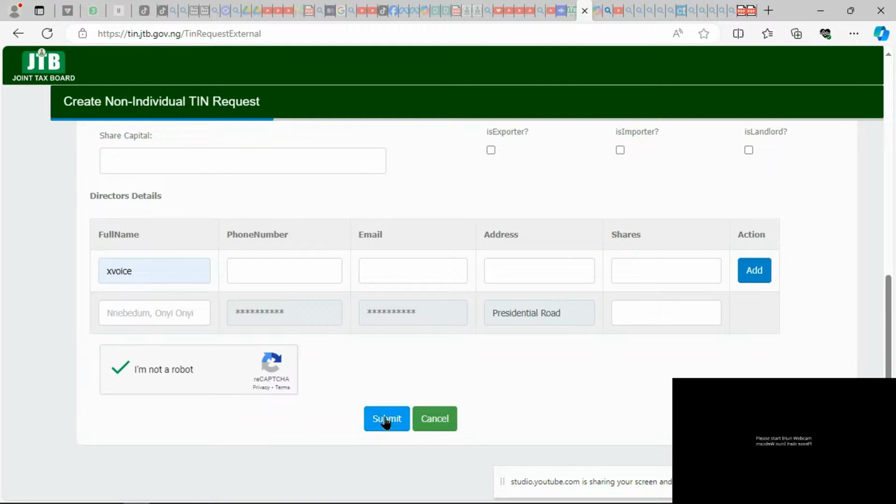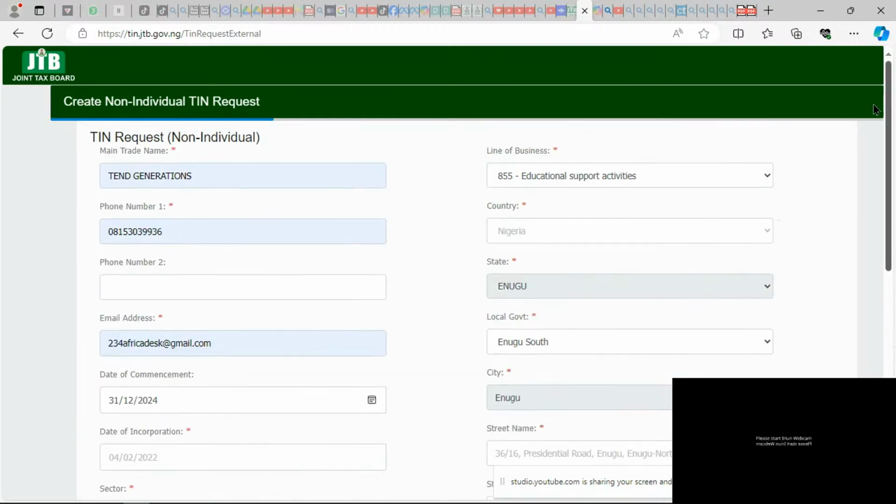The moment you hit the submit button, they will send you a notification. Okay, they'll send you a notification, and in a few hours or so, you will get an email telling you that your taxpayer identification number is ready, and they will also send you an email that contains the PDF file of the certificate of your taxpayer identification number.